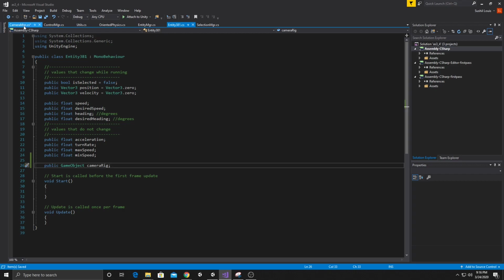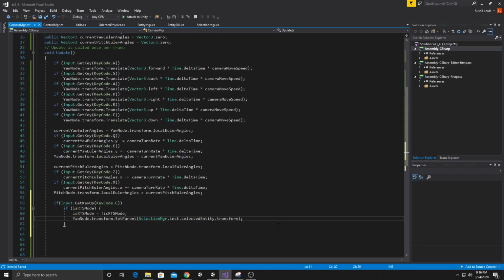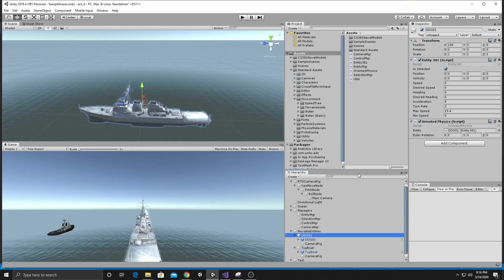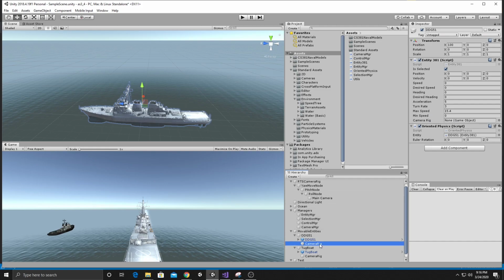Okay, so we go here and we say, yeah. So that's what we do. So let's see. Is it coming up here? Camera rig. Okay, it's got nothing. I'll get an error unless I